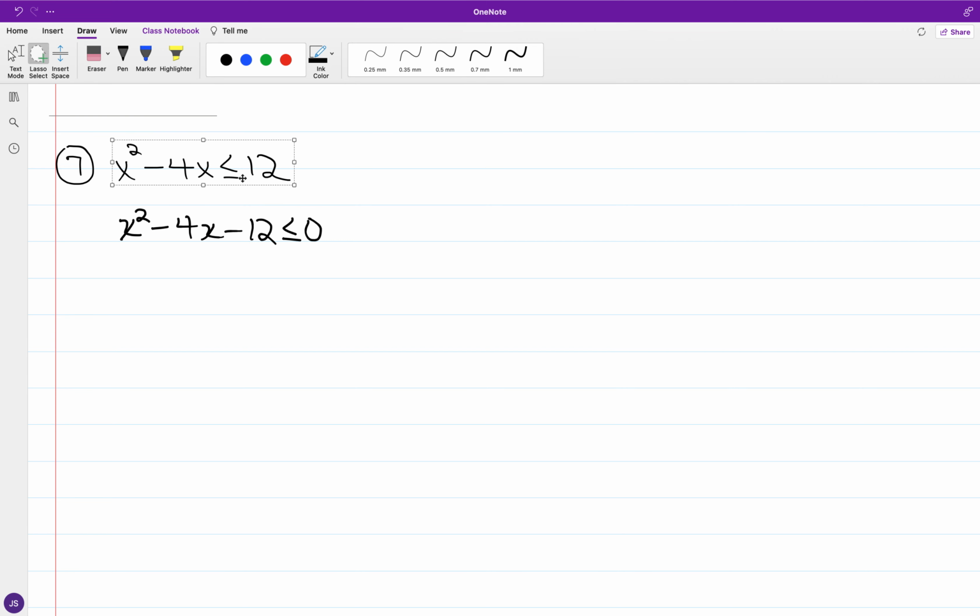And so rewriting as a comparison to 0, we'll just have f of x to be that trinomial compared to 0, and again, to be able to set up a table of intervals. So again, we'll say that we have f of x to be x squared minus 4x minus 12. And if I attain the zeros from this,